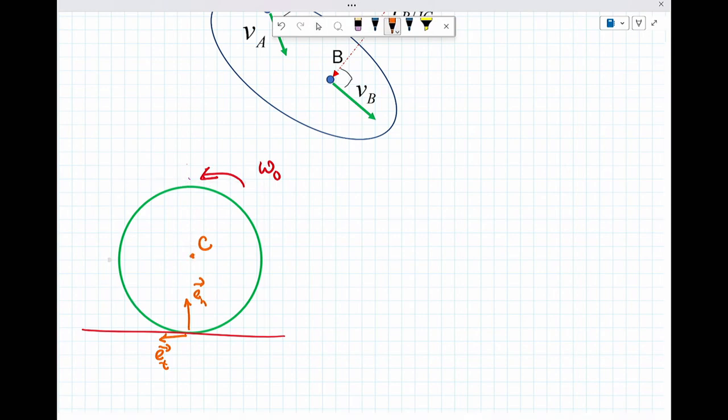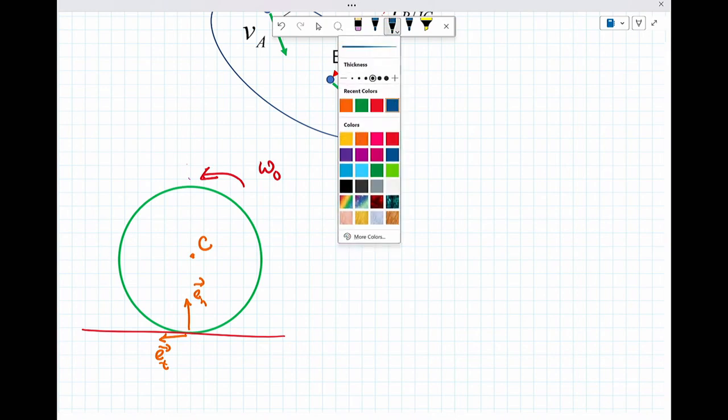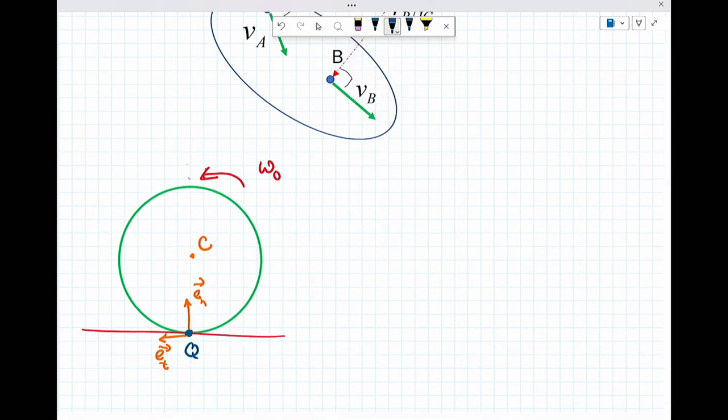And I can define a normal direction, tangential direction. I can define everything with respect to the motion that's occurring. And if I look at that point of contact, Q,